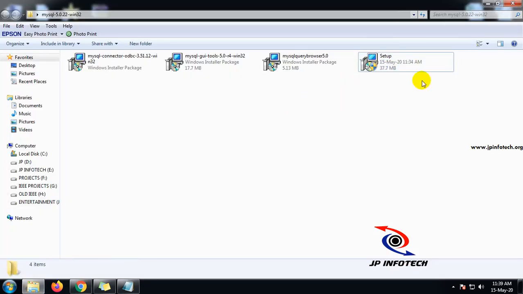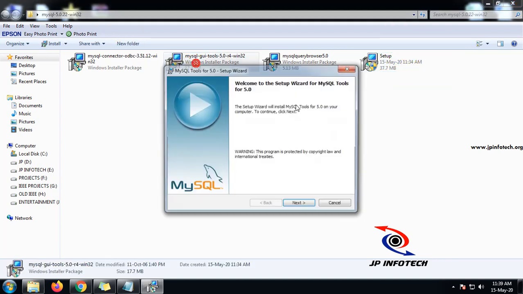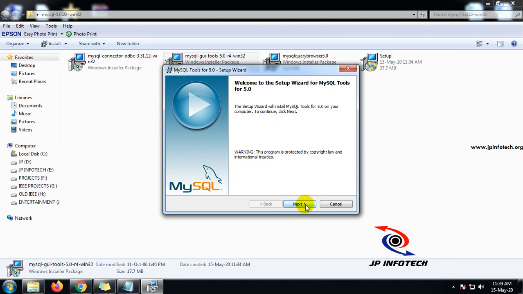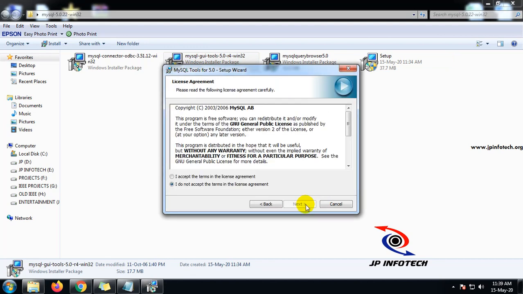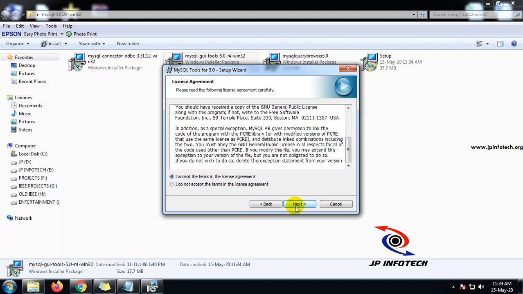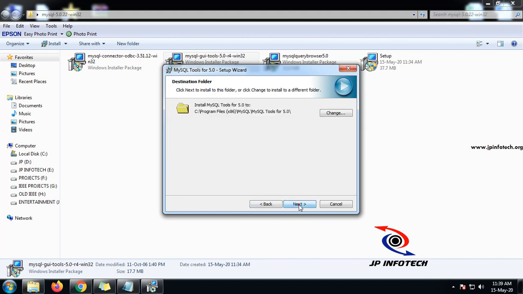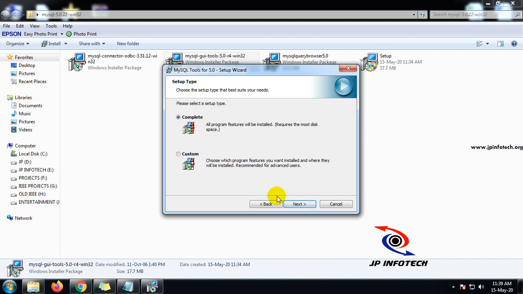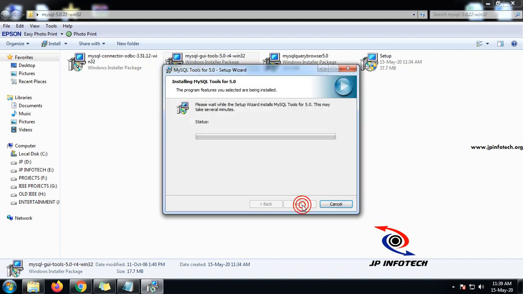Now after we have completed this setup installation, go to MySQL GUI tools. Here you can simply click next, accept the license agreement and click next. Here select the complete option as default, click next and then install it.